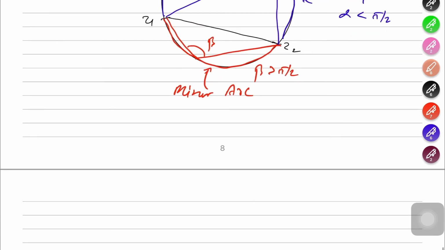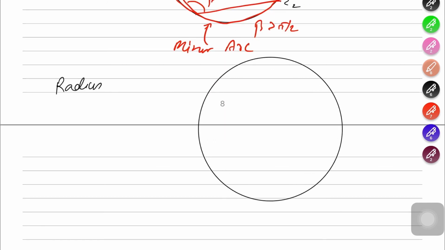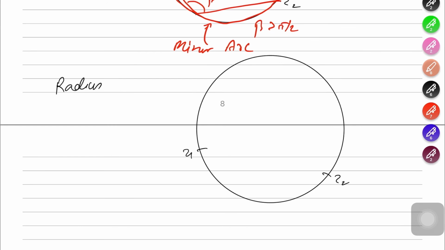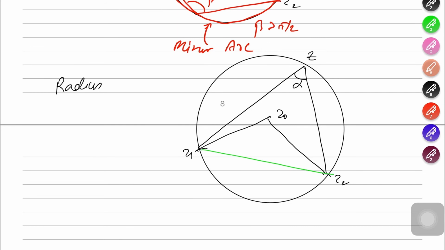Okay, in this case radius is confirmed. So what is the radius of a circle of which the arc is a part? So this is z1, this is z2, somewhere is the center, and this is the radius. We know that z lies on the arc of a circle, and alpha is the angle made between z1, z and z2, and the radius. Suppose this is the radius, so obviously this angle is alpha.